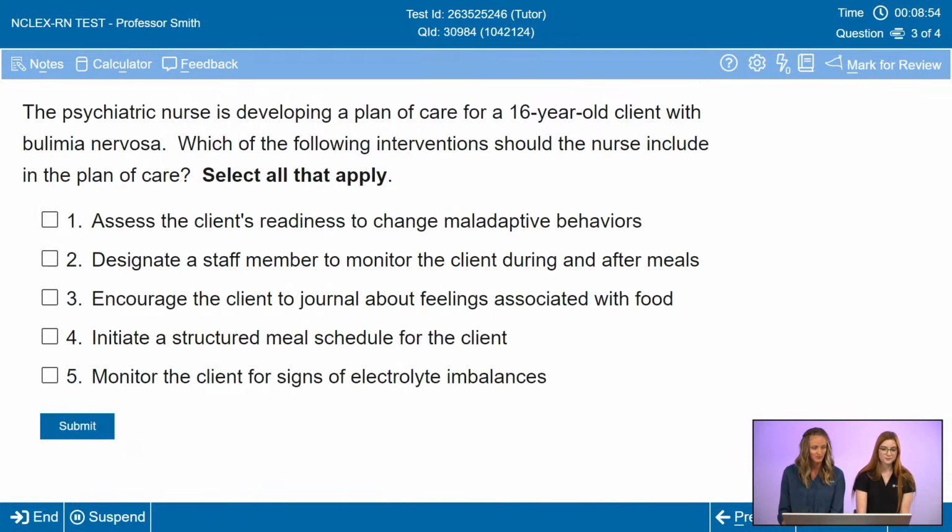Okay. Up next, we have a nurse caring for a client who's experiencing bulimia nervosa and planning their plan of care. Another issue under the psychosocial integrity topics is dealing with acute or chronic psychosocial health issues. One of those big issues is eating disorders. Those are important because they not only impact the client's body, but the client's mind as well. And we'll see how that comes into play in a little bit.